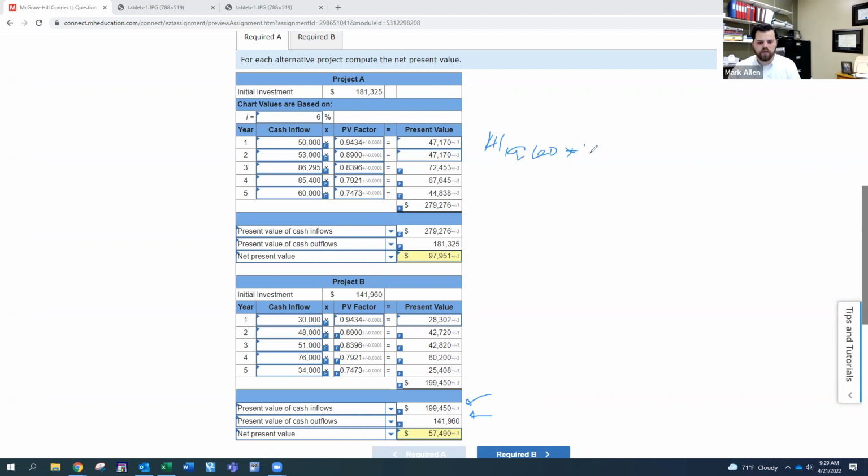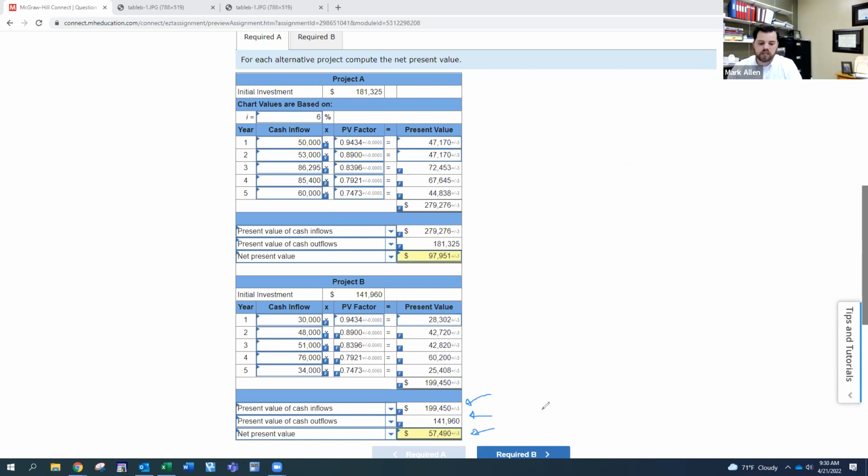141,960 times 1 is 141,960, because that's just what it's worth today. There's no discounting happening because it's now, right now already. So we didn't need to do anything else to that. And that's why the present value of the outflow is so much easier, because you don't have to adjust it. Whereas the inflows, you are having to discount each one of those back. This gets you to net present value